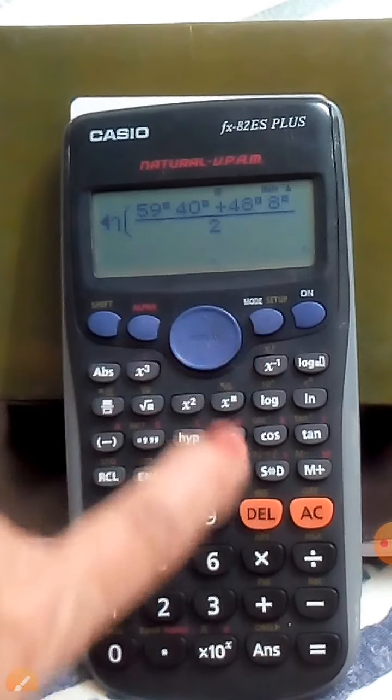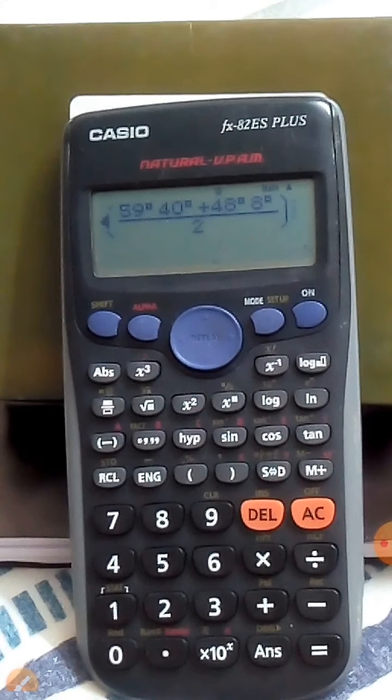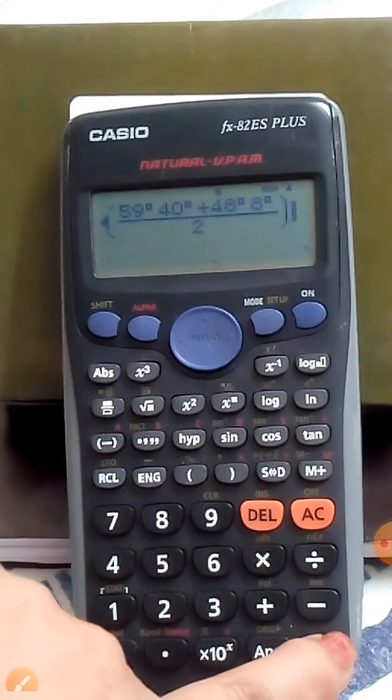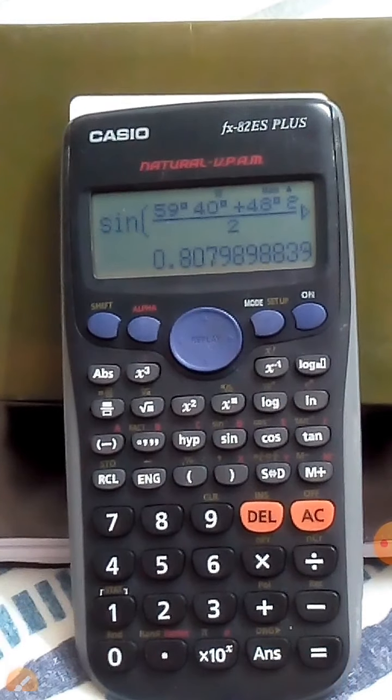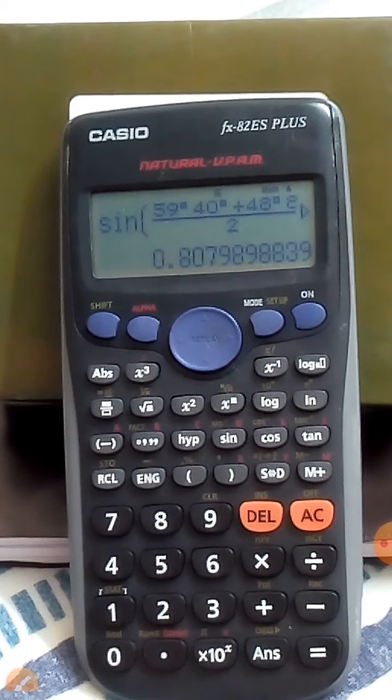Complete the bracket. Now the numerator is complete. You can calculate the value for the numerator separately. So equal to. So here you get the answer 0.807. You can write down the data just with 3 digits after the decimal point.